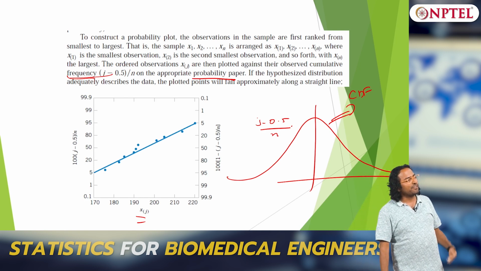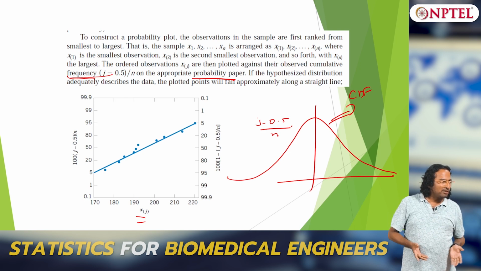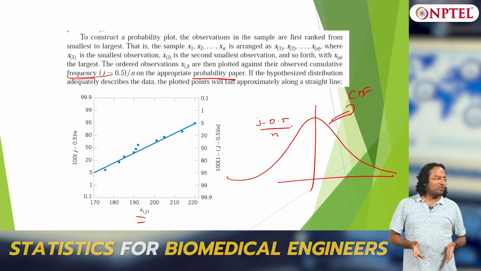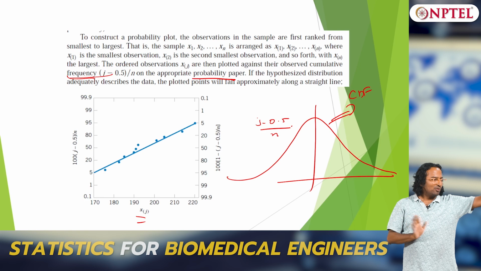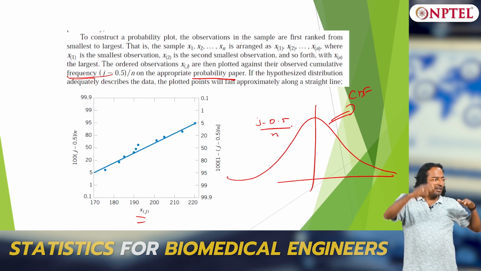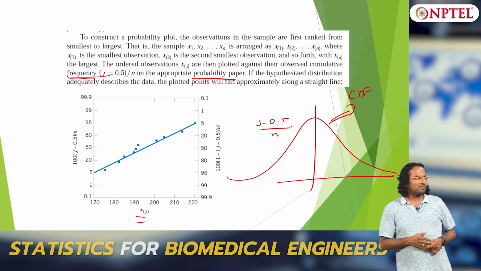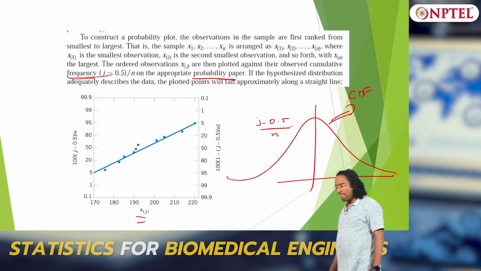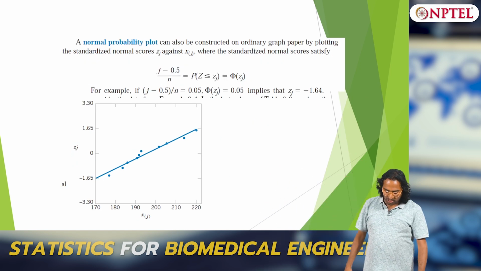If I have my cumulants also the same as that, then y and x will be highly related, right? That distribution and this distribution should be related. That is why I said the y equals mx idea. So your data should highly resemble the normal distribution's cumulative plot. That means y and x are highly related and there should be a linear relation, y equals mx, that is what it is. Clear? So these are probability plots, okay.